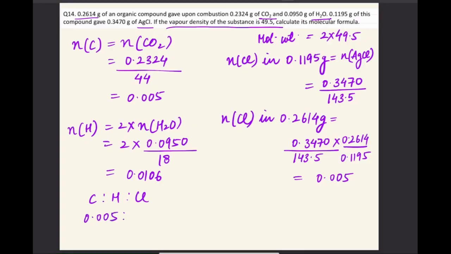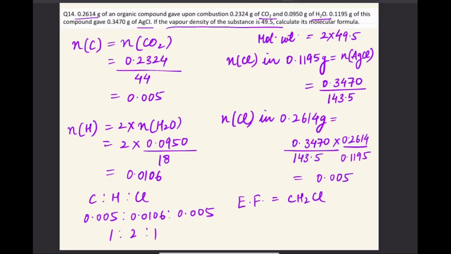0.005 is to 0.0106 is to 0.005. The least number of moles is of carbon and chlorine. Dividing all these moles by 0.005, we get the simple ratio, that is 1 is to 2 is to 1. Therefore, empirical formula of this compound will be equal to